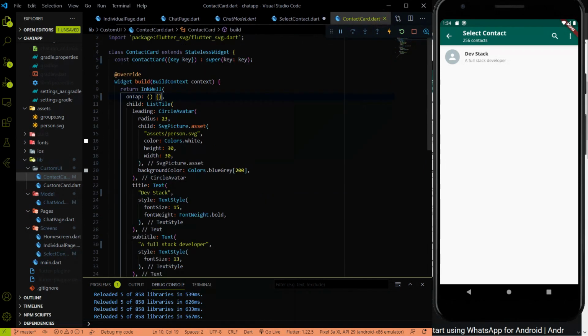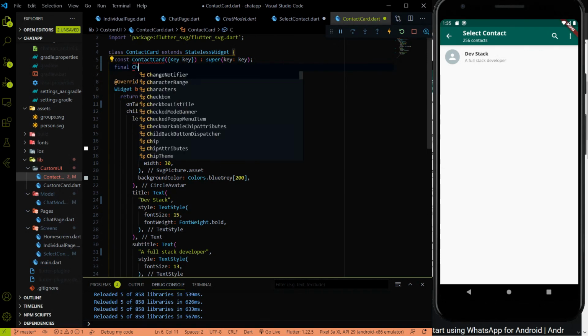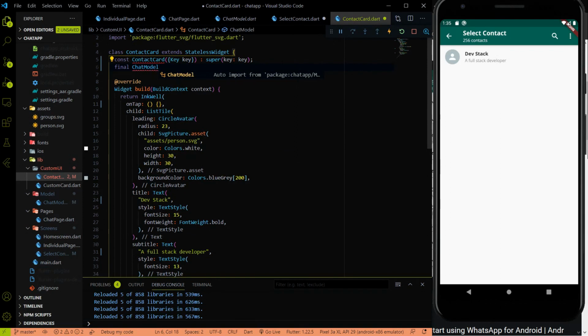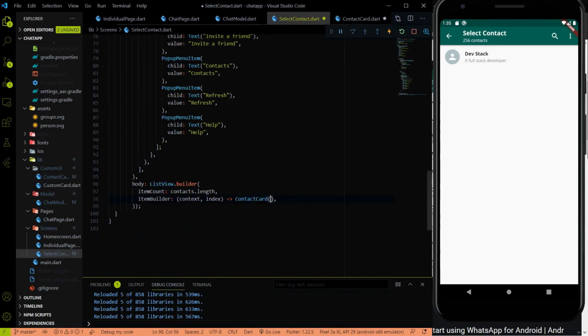So let me go to the contact card, and here let me create a variable called chat model, that is an individual object of the chat model, contact, and we have to initialize that variable here, this dot contact.